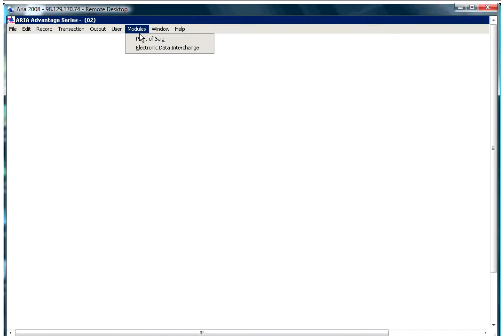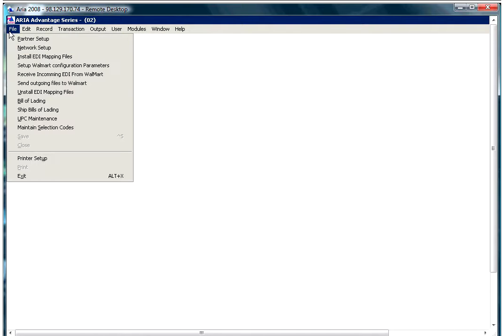In this session of the EDI, we will discuss how to create the bill of lading, assign the bill of lading to a packing list, and then print the bill of lading. From the Aria EDI interface, select the EDI module, go to File menu, Bill of Lading,